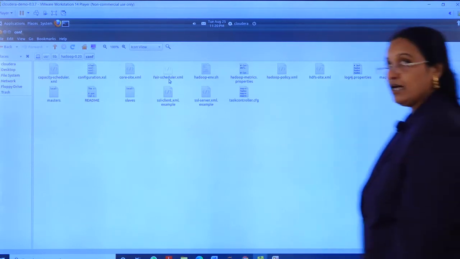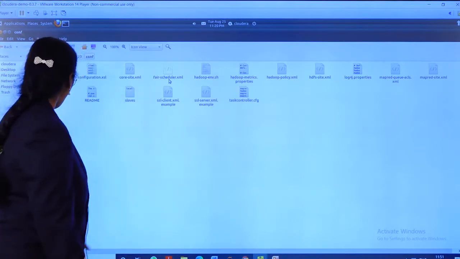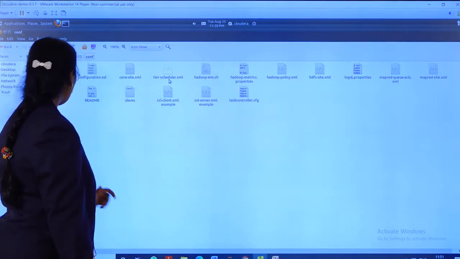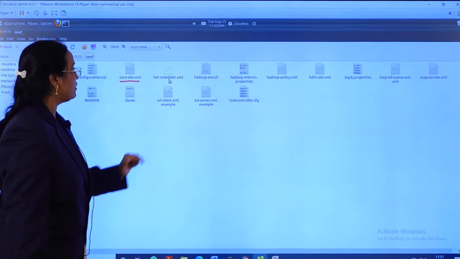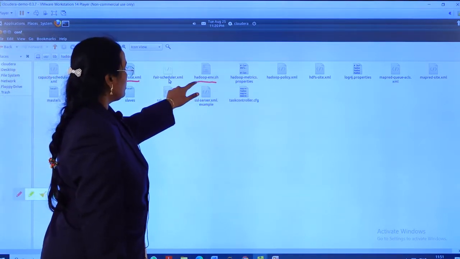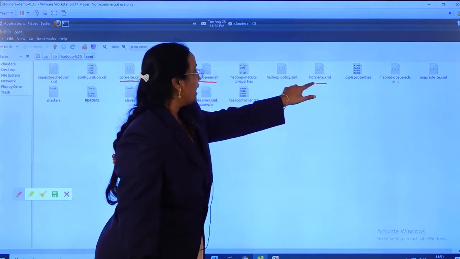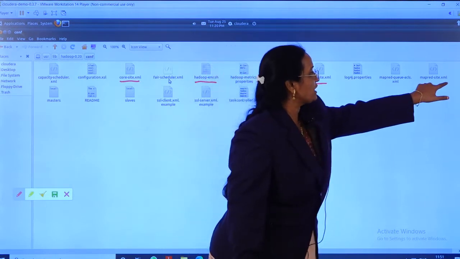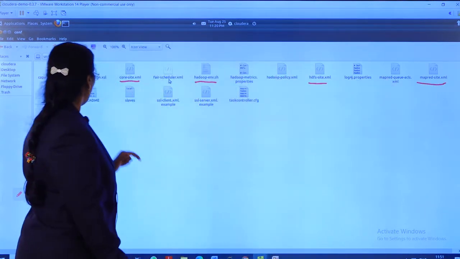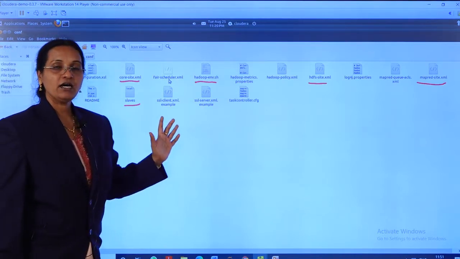You can see here, these are the important configuration files which we have discussed theoretically. core-site.xml is one, hadoop-env.sh is one, hdfs-site.xml, mapred-site.xml, and we have master and we have slaves. So these are the files.